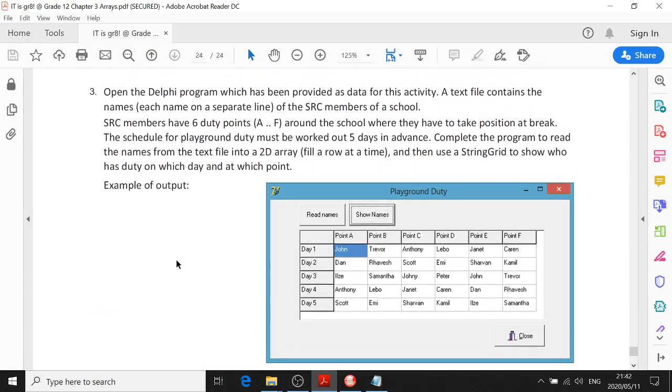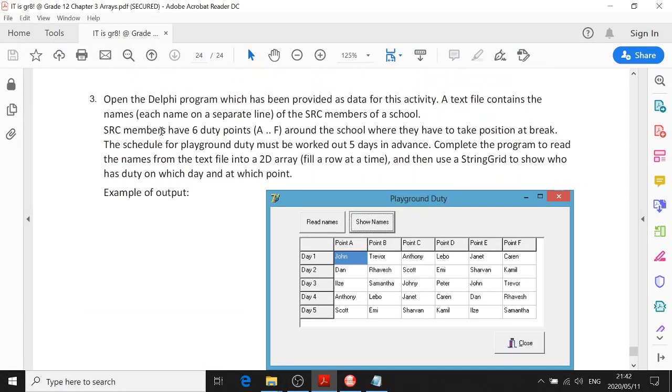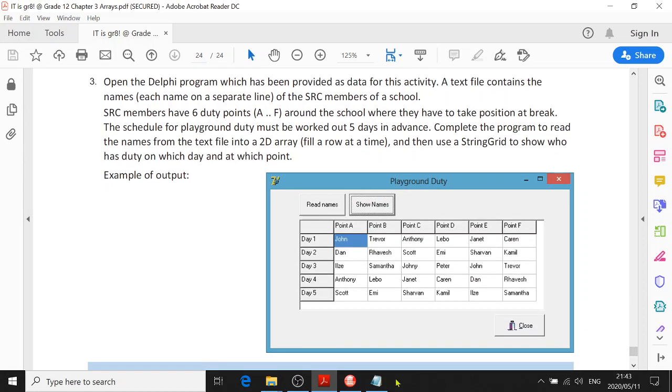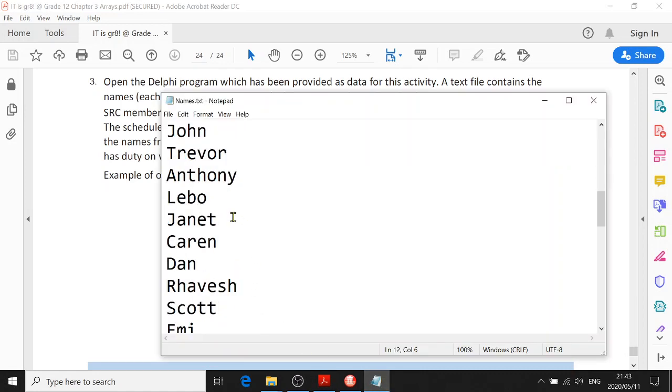We're going to do a difficult program now, and it is this one. We're going to read SRC members, going to have duty points at break time, just like prefects. Let's say we're prefects, and we're going to read from a text file into a 2D array and then a string grid, just like the previous example, but slightly different because this text file has names of all the prefects